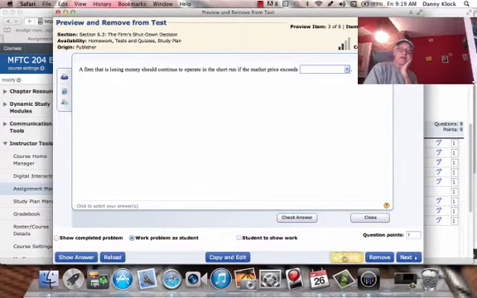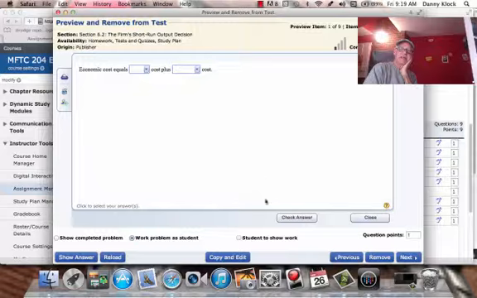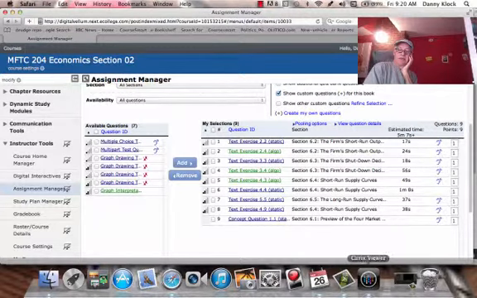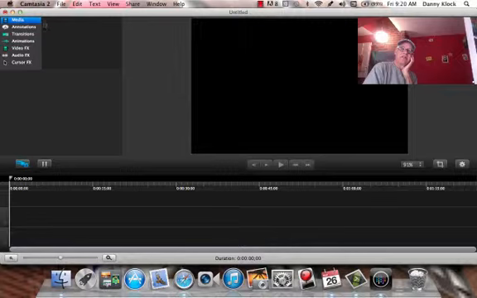And again, when you take the test, basically, the first one has this economic cost equals. Again, when you take the test, write it down. Economic cost. If you get it wrong, just look it up in the textbook. But try out this quiz. I think fairly straightforward. Any questions? Just email me. Let me see if I can turn this thing off.